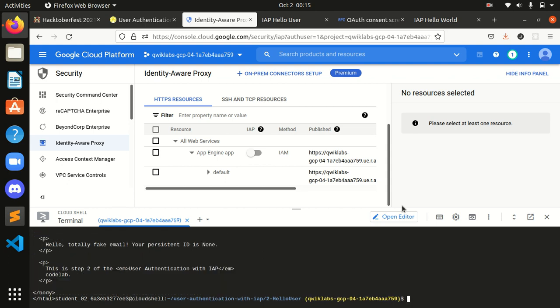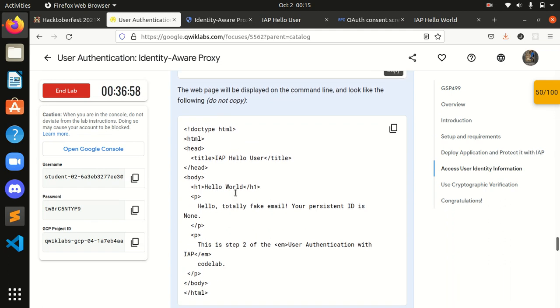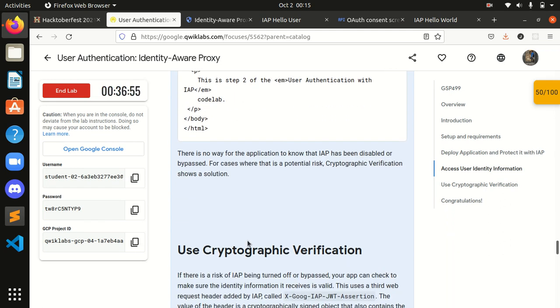Let's press enter, and as you can see, guys, we have got it over here, the web page. Okay, we can see the entire web page over here, by the curl command.